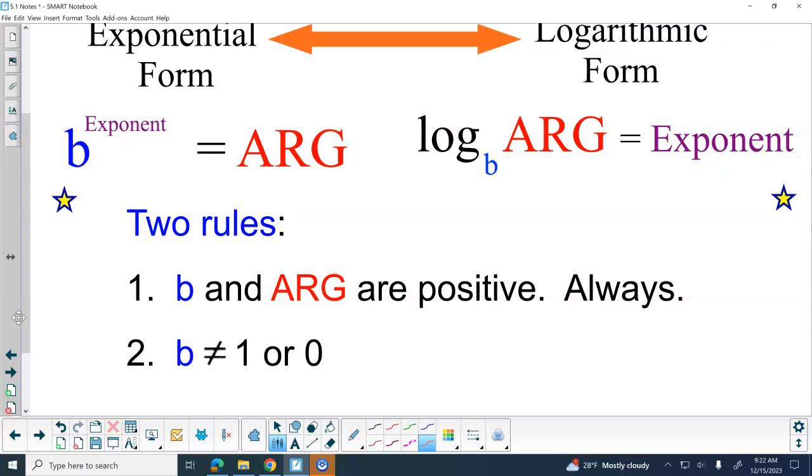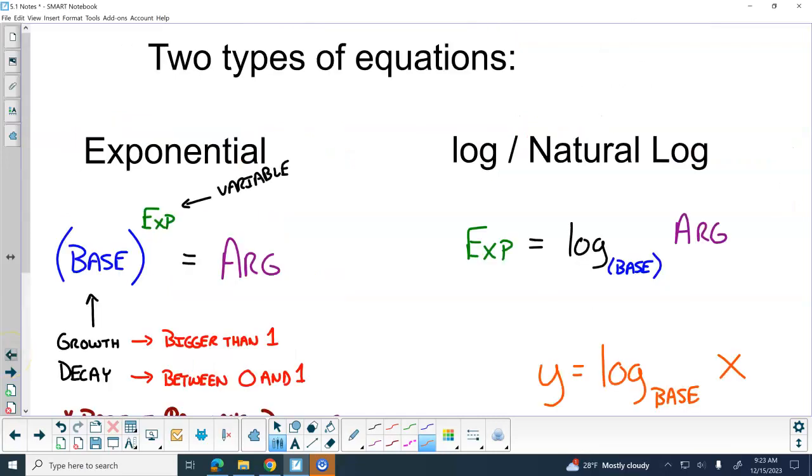Let's pick 4. 4 is our base. Is there any exponent that I can put onto 4 and get a negative number? No. My argument also has to be positive. In your notes, either by this one right here, put a big old arrow going back and